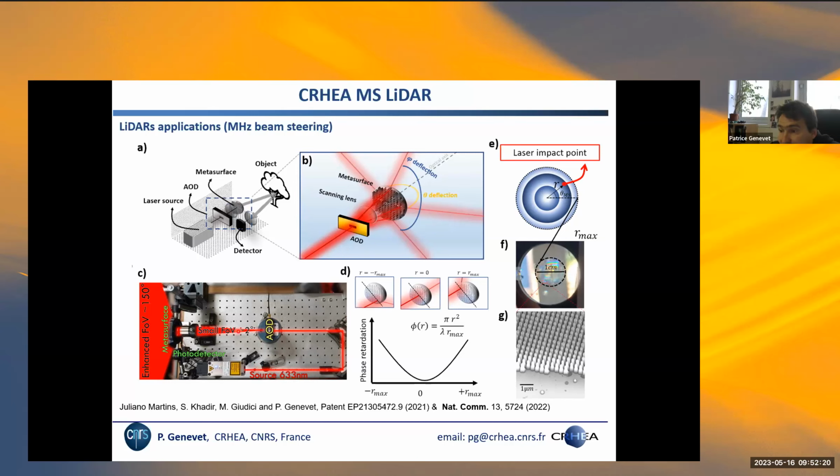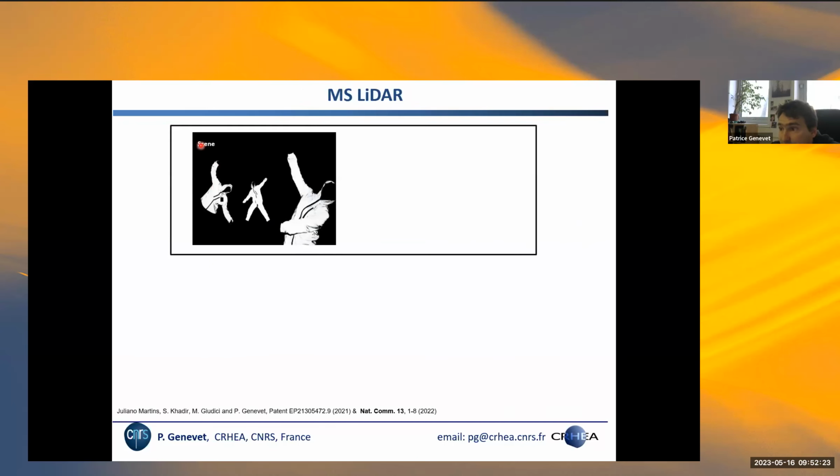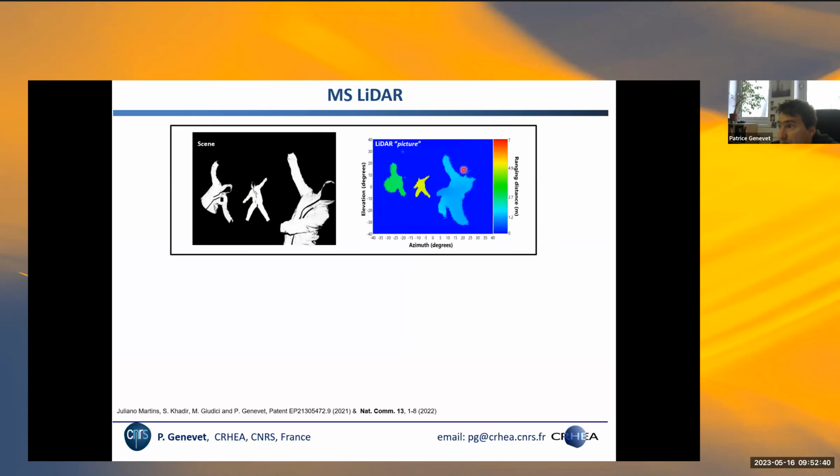And by pulsing the beam here, we can eventually create a scanning beam that scans the scene in a 2D angle, and by measuring the time of flight, we can measure the time it takes for light to come back from the scene. This is a scene with a few of my students wearing reflective clothes, and then I scan the scene and measure in the time of flight the actual round trip time of the light at every single point here. And you see that those people now appear, so we see their images, but also we encode in the time of flight the actual ranging distance. And you see here the color coding shows this guy is deeper, this one is middle distance, and this one is closer, about 1 meter away.